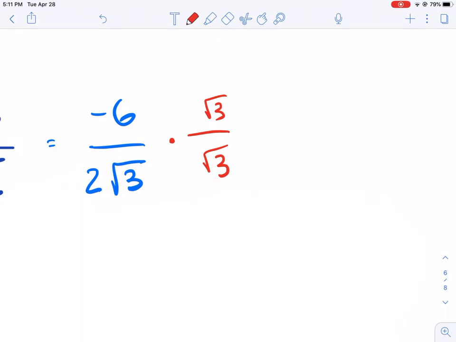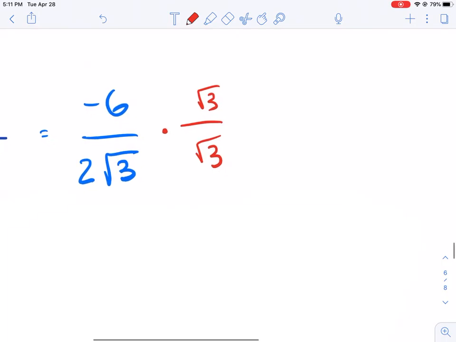The 2 can stay. So make sure if there's a radical and a constant, we are only concerned with getting the radical out of the denominator. Don't worry about the constant. So set that equal to,